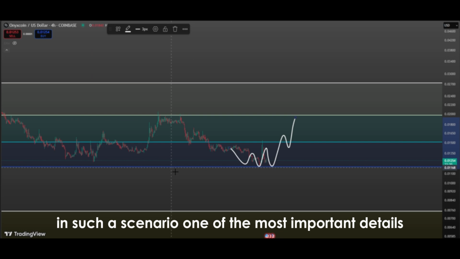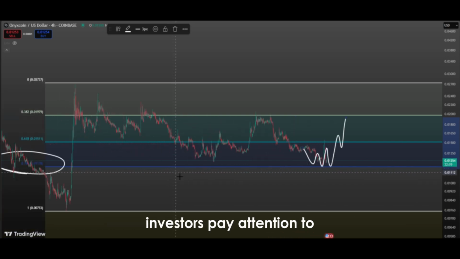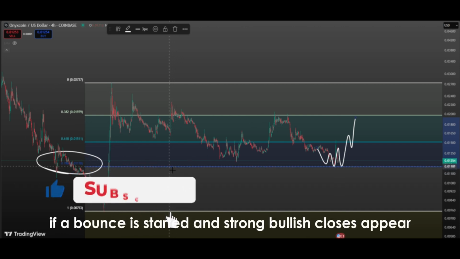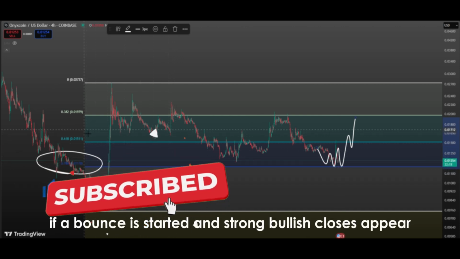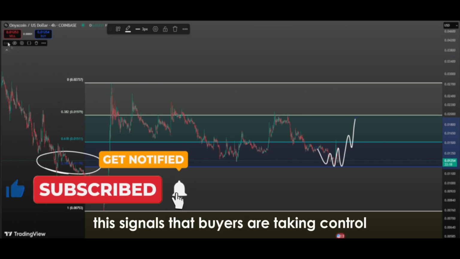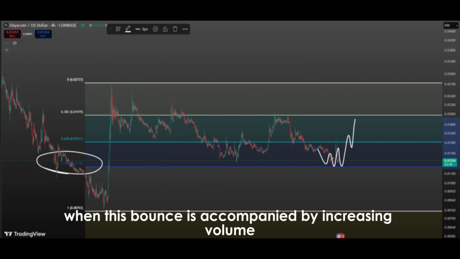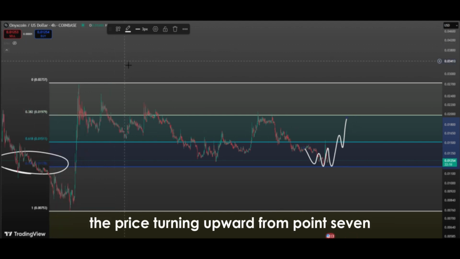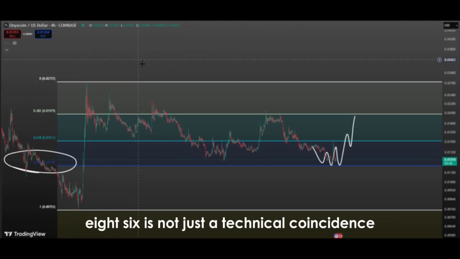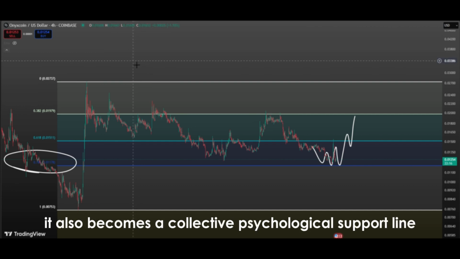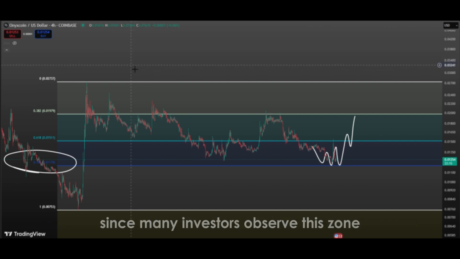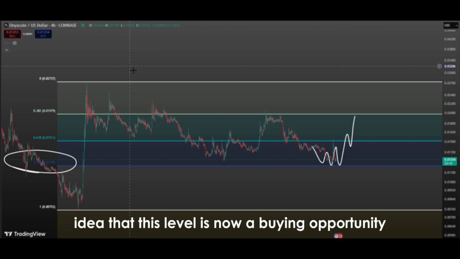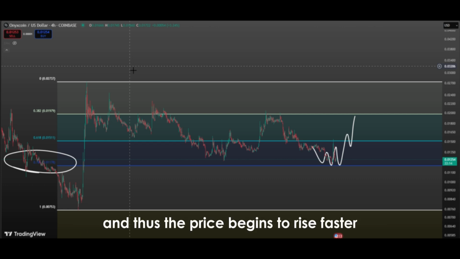In such a scenario, one of the most important details investors pay attention to is whether the price truly gives a strong reaction from this level. If a bounce is started and strong bullish closes appear on the candles, this signals that buyers are taking control. Especially when this bounce is accompanied by increasing volume, it shows the reversal is genuine. The price turning upward from 0.786 is not just a technical coincidence, it also becomes a collective psychological support line, since many investors observe this zone. Traders enter positions with the idea that this level is now a buying opportunity, and thus the price begins to